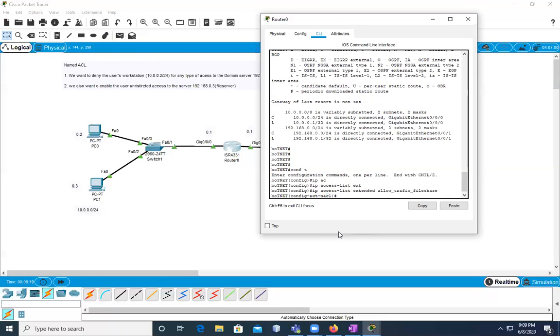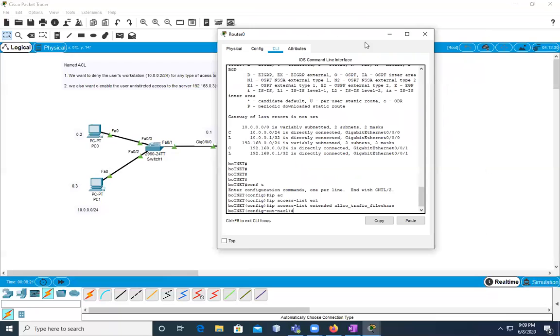Next thing is, once inside the ACL configuration mode, we need to create a statement that will deny the user's workstation access to the domain server, which you can say is the domain server or mail server, okay? So